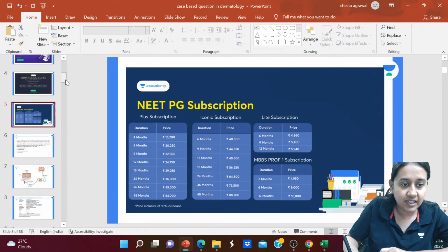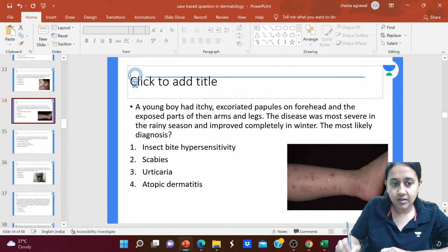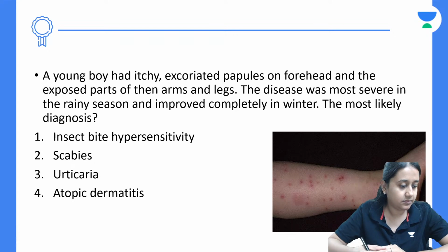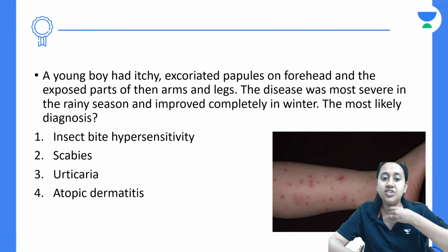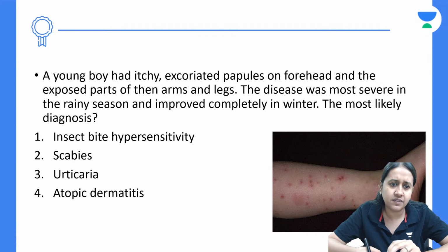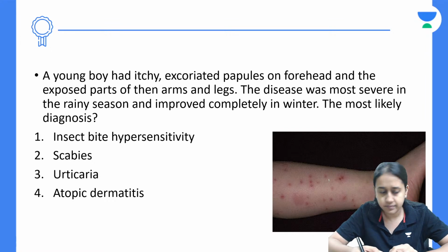Now let us start with the image based questions or the must know questions. That is the first question of today's class. A young boy has itchy excoriated papules on the forehead. The exposed parts of arms and legs are affected. The disease is most severe in the rainy season. It improves completely in the winter. The most likely diagnosis is